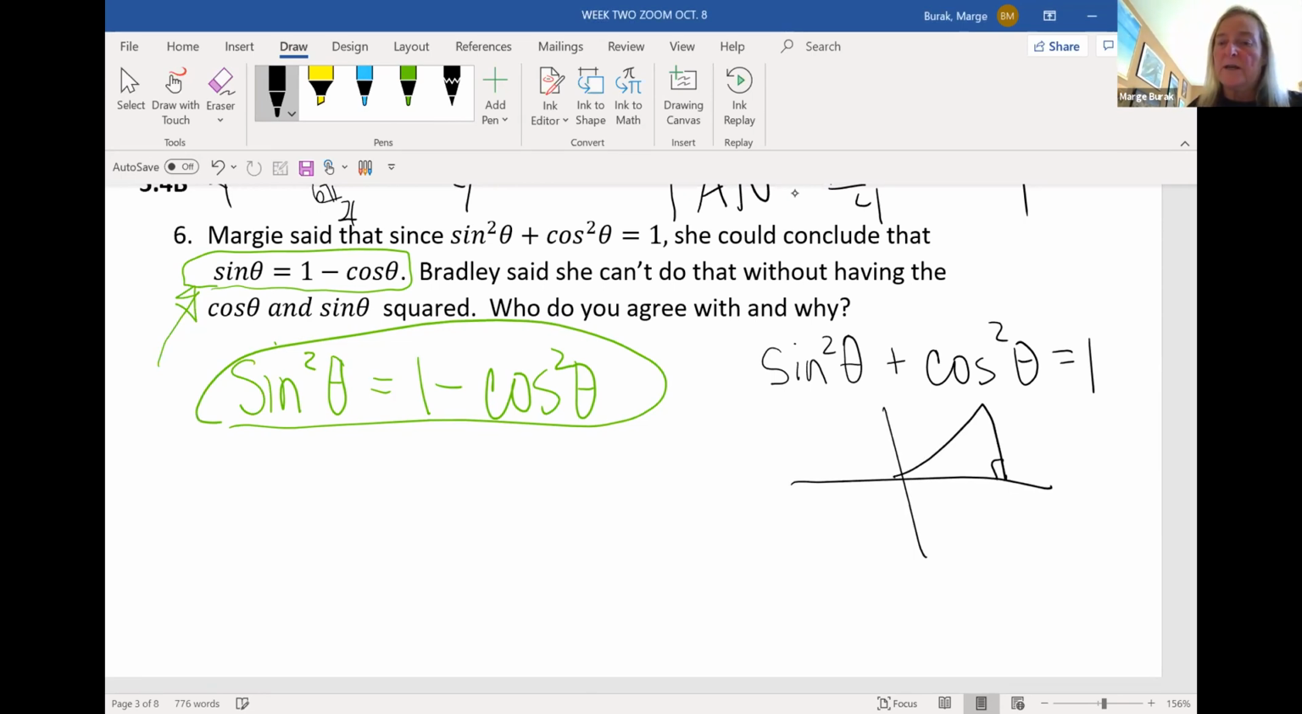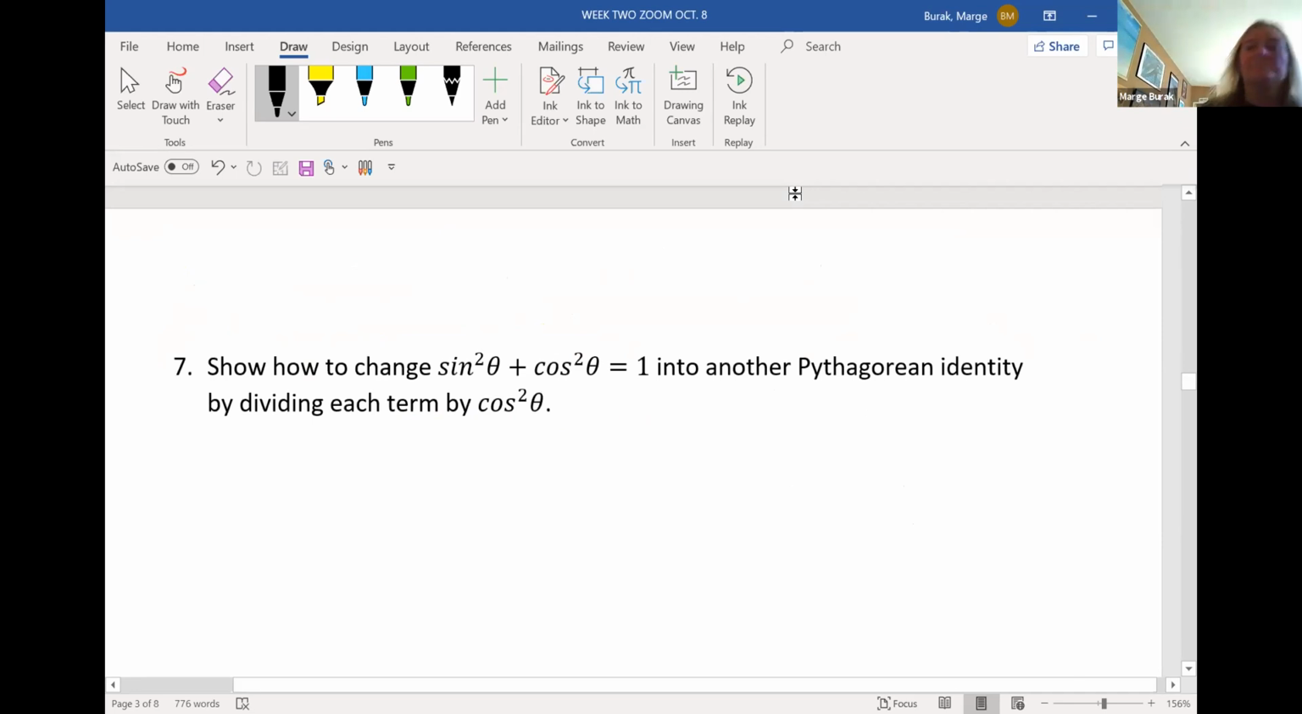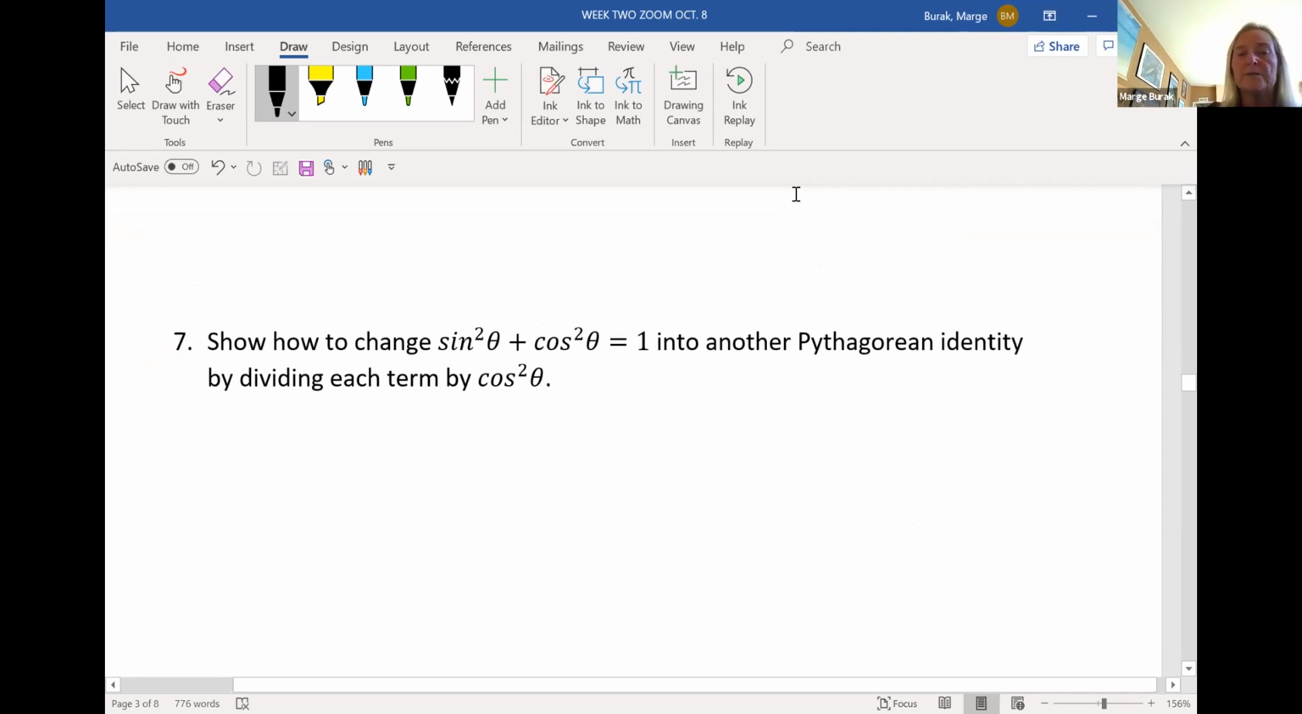This is my cosine, this is my sine. So it's going to be sine squared plus cosine squared equals 1. So this is bogus. Margie's wrong. Bradley's right. Moving on. All right, let's all do this together on paper. Show how to change this into another Pythagorean identity by dividing each term by cosine squared. So write this down. Sine squared theta